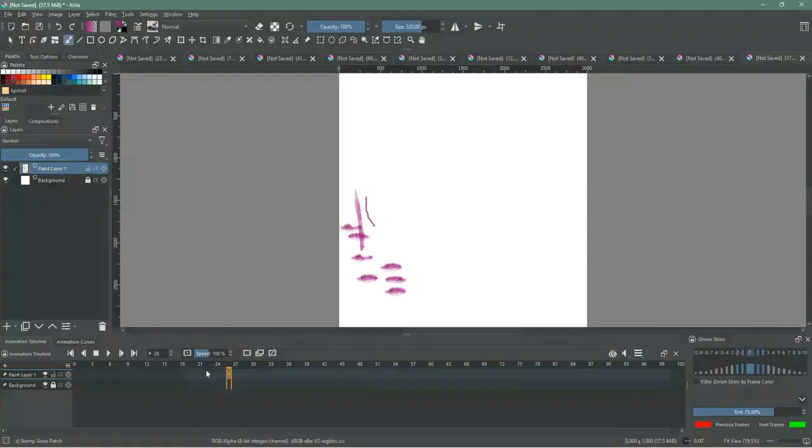Once you've created a few frames, you can play back your animation by clicking the play button in the Animation docker to see how it's coming along. If you need to adjust the timing, you can do so by dragging the frames along the timeline or changing the frame rate settings. When you're happy with your animation, go to File and then Render Animation to export your